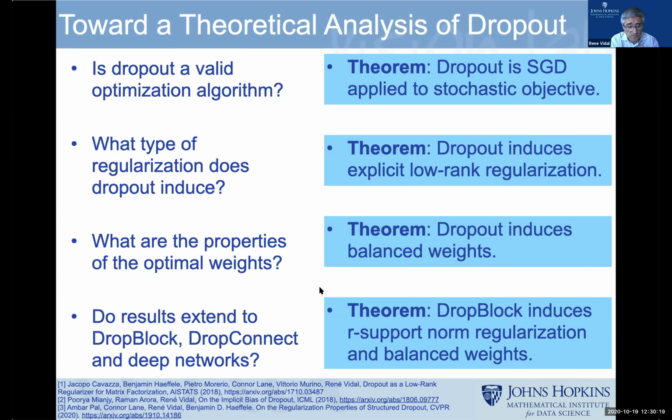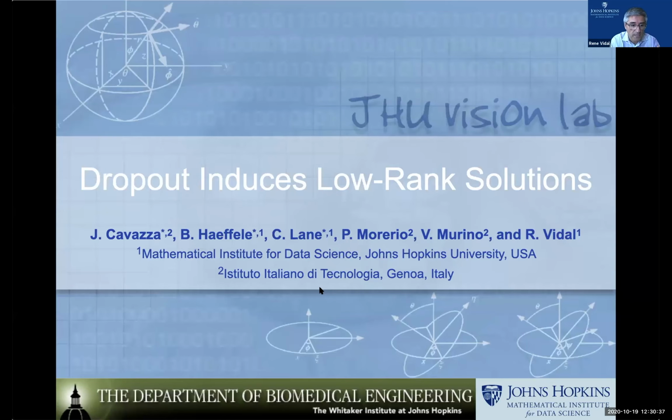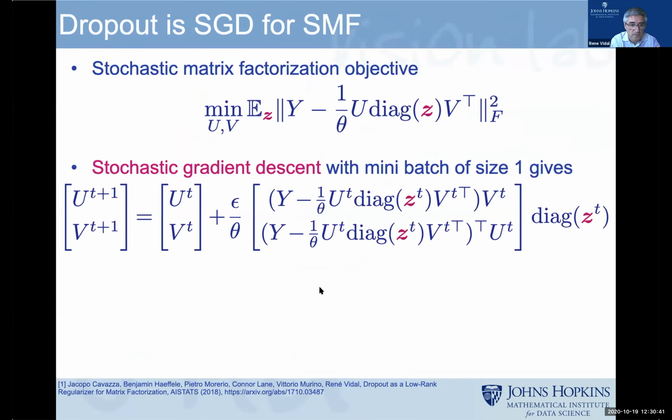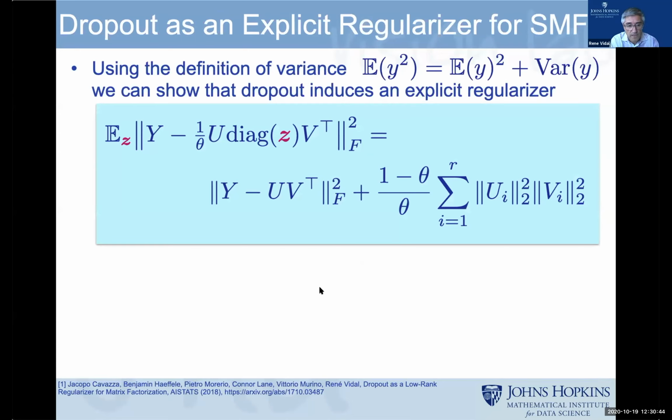We've done an analysis of dropout and shown the following major conclusions. One is that it is a stochastic gradient descent method. The second is that it induces low rank solutions. The third is that the weights are balanced. And if I could show this slide, the gist of it at the end of the day is